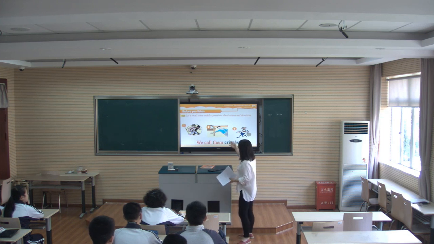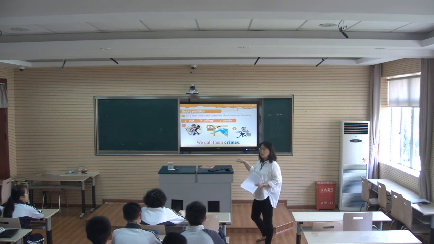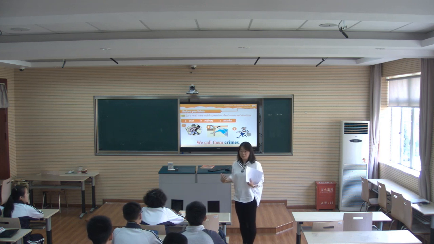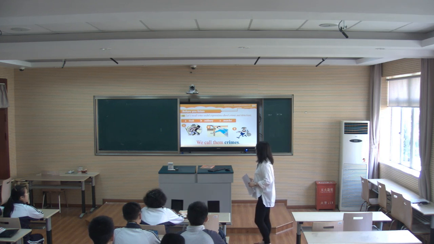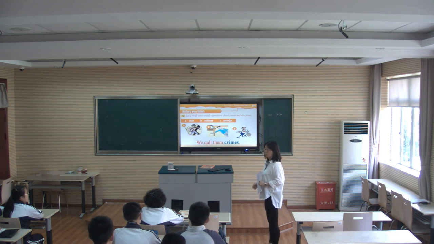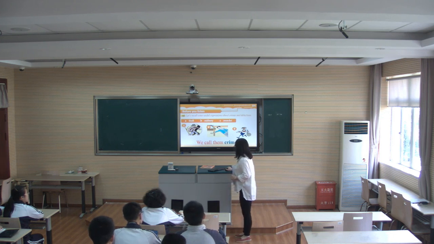Theft, okay. So maybe the man is a thief, is it right? Okay. And what about the other 2? Murder. Okay, the second person is dead. Maybe somebody killed him. So it is a murder. Okay, now follow me. Murder. Theft. So what about the third one? Robbery. Okay, robbery. Now follow me. Robbery. Yeah, they are different kinds of crimes.